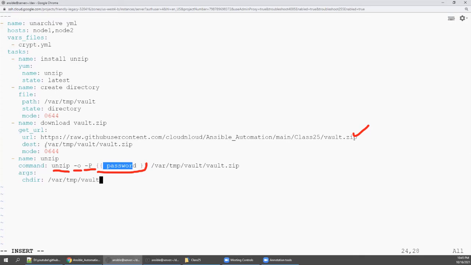While executing, Ansible will see there is no variable declared here, okay, but there is a file. So it will check inside this file, but to open this file I need a password, right? This password will be retrieved from this file, and using that password, it will be unzipped and placed here. So let's go and execute this.